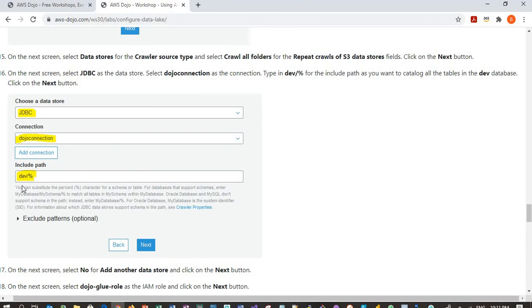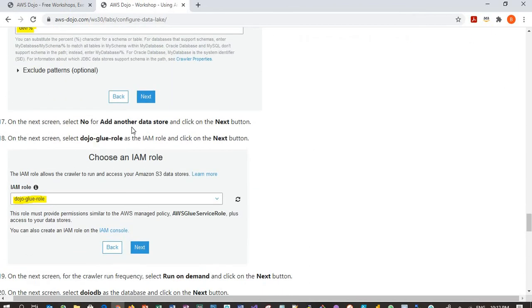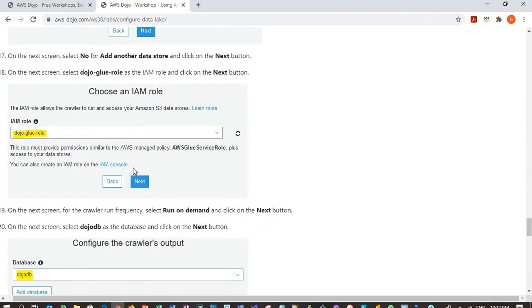So that information it takes from the Dojo connection. Then you have to provide your include path. You can see here I'm telling it dev and then this percentage. That means any table inside the dev database, I'm interested in that. So here you can provide the filter criteria to decide what database to pick, and what table under the database to pick. Okay, so you do that. Then I say I don't want to add another data source. Again, it will ask you which role